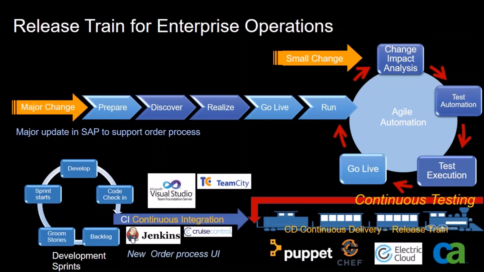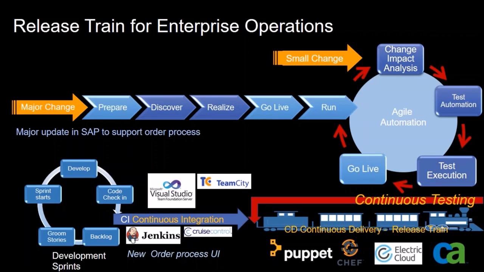When we think about an enterprise, SAP is one of the applications they have in their portfolio. They're going to have custom applications, web, mainframe, a whole variety of applications. In those organizations, when you look at large changes, for example a change to an order process, which is very common, what we see is that that process doesn't sit within one particular application, it spans multiple applications. So in this, we're reflecting what this looks like, how this all comes together when we're doing this with SAP and custom.